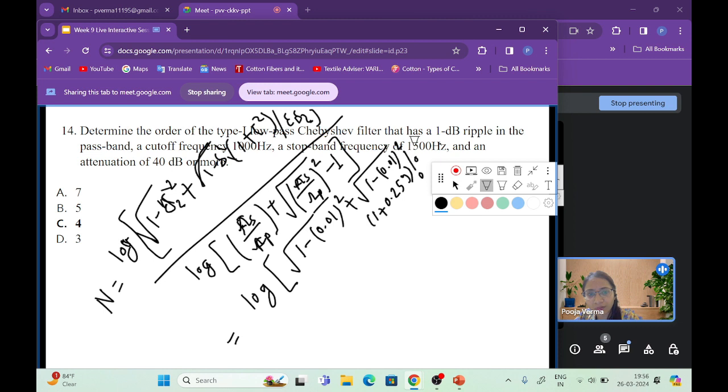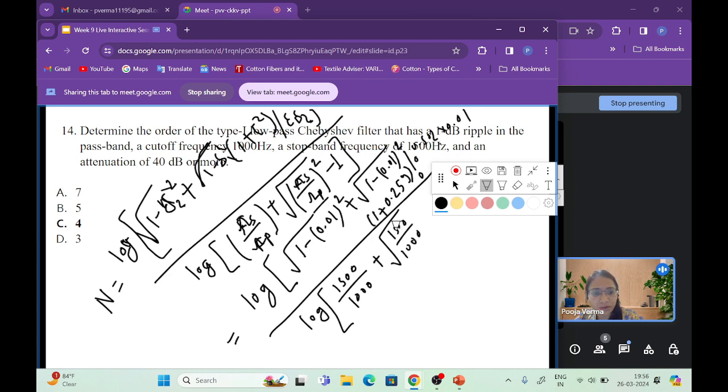Okay, and then divided by epsilon 0.502 and 0.01, and in the denominator you will get log of fs divided by fp, that is 1500 hertz divided by 1000, plus root of 1500 hertz divided by 1000 whole square minus 1. If you solve all this equation, you will get